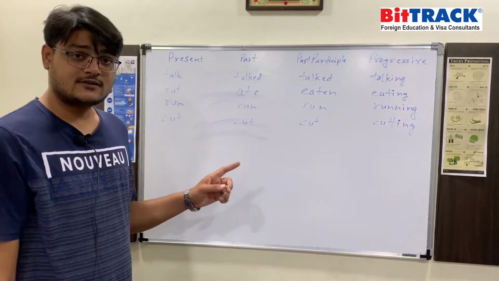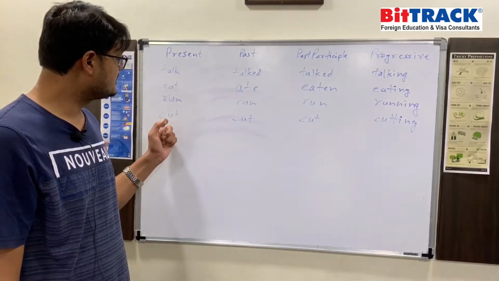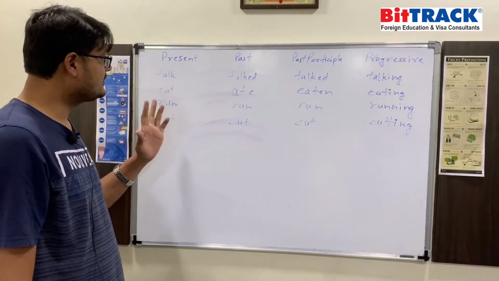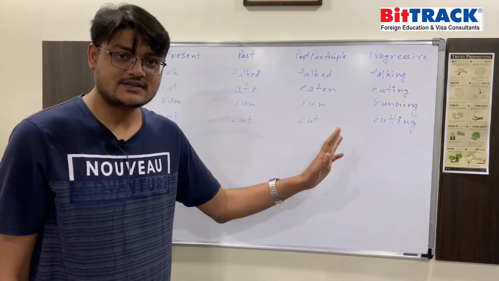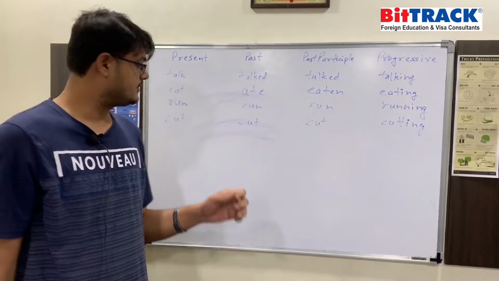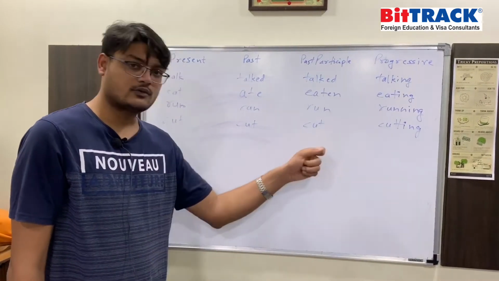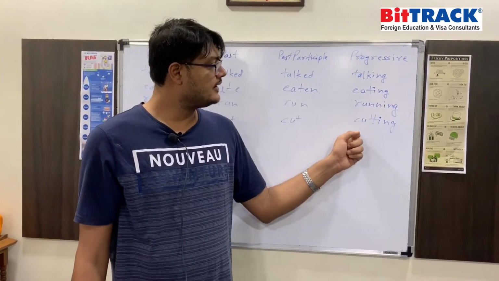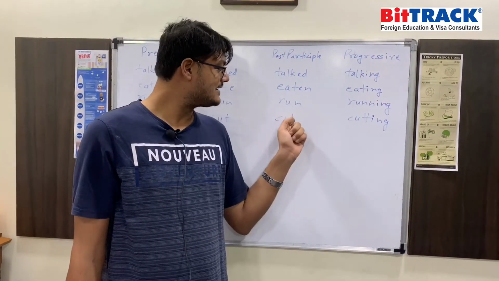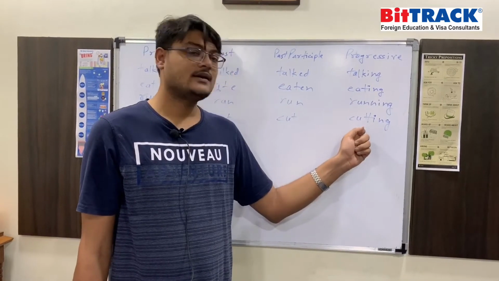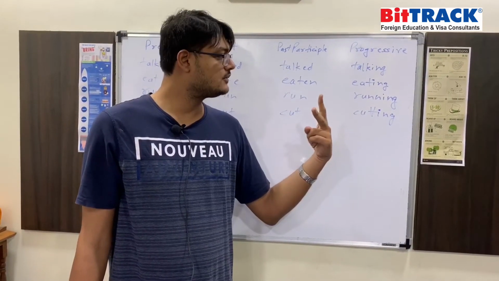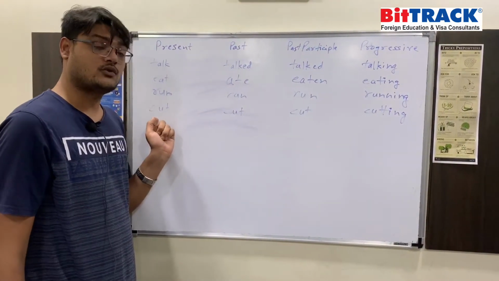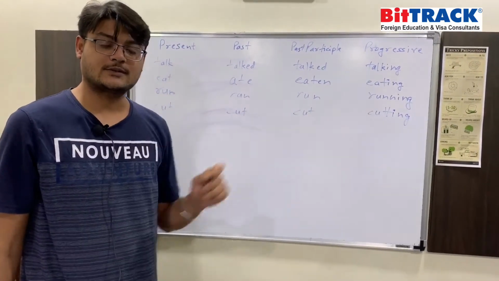Yet another form of the verbs is, for example, cut, where it doesn't matter whether it is present, past, or past participle, it does not change its form. It remains cut throughout. Cut, cut, cut. And just like running, in the progressive form, the last letter of the word is repeated to have 2 T's at the end. Another example of this form is put, put, put, putting.